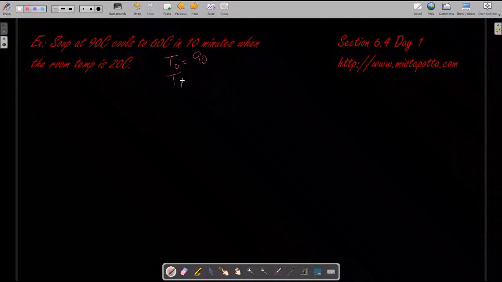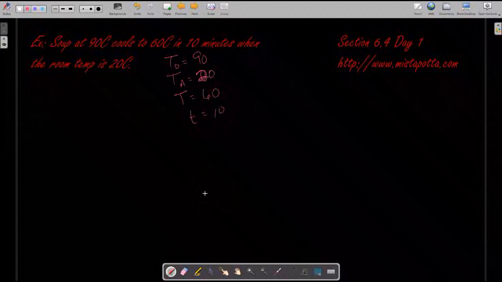My ambient temperature is 20 degrees Celsius. And the current temperature of my soup is 60 degrees Celsius when my time is 10 minutes. So I have enough information here to actually solve